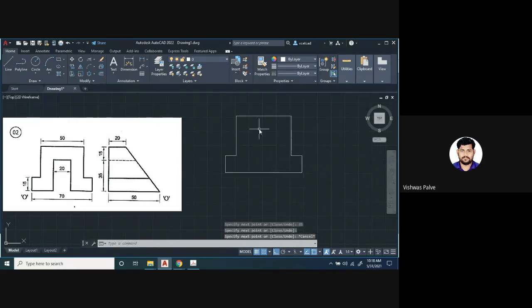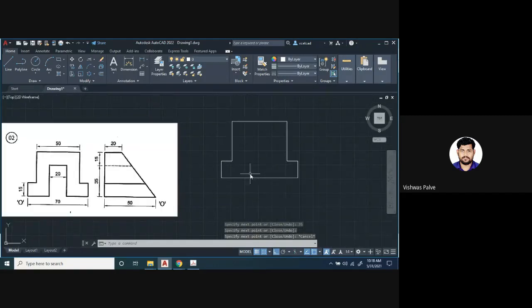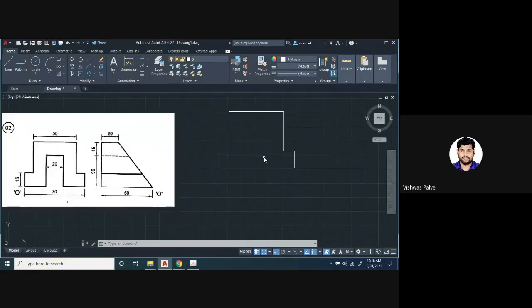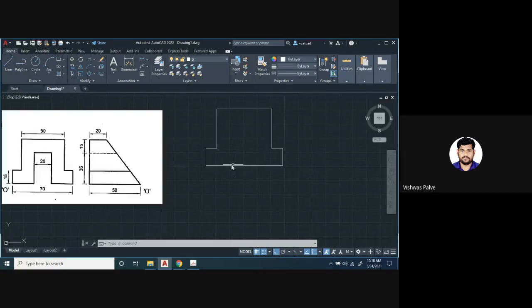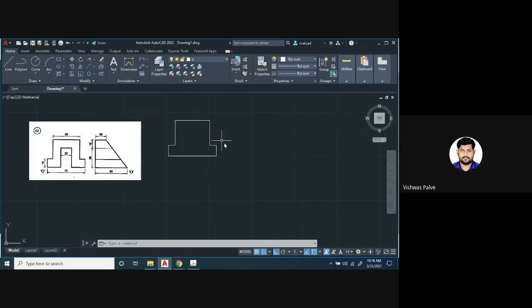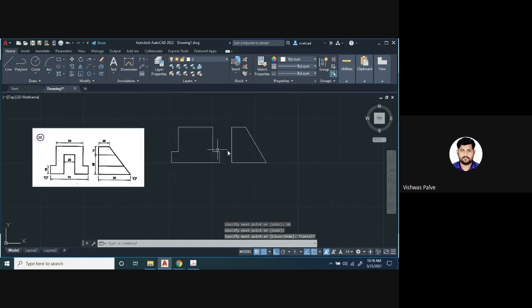Okay, now I want to draw at the center. So how can you draw that? That portion we'll draw later on, because directly if I go and draw it, it won't work. So I will draw the side view then. Starting from any point, draw a vertical line of 35, then 15 millimeter vertical distance, horizontal distance 20. Right. Similarly, from the bottom, I want to draw 50 millimeter length and then connect it with this point. Okay. So this portion I have drawn, right?